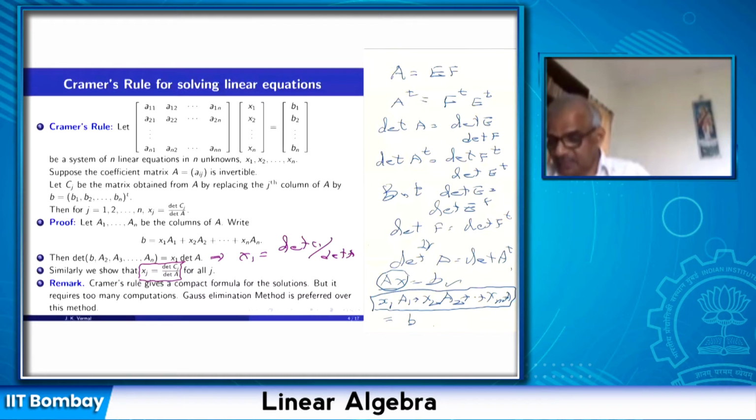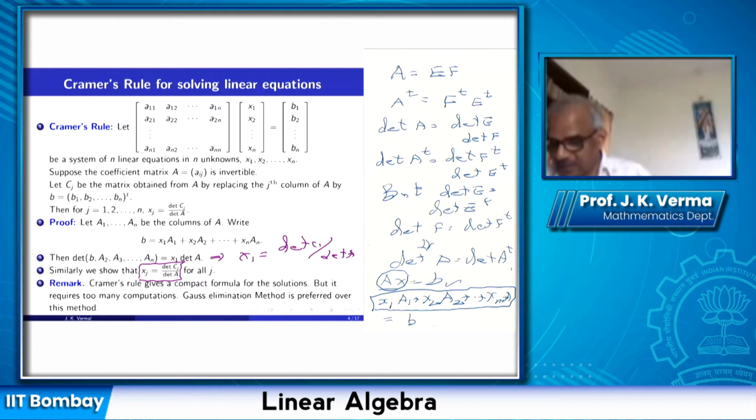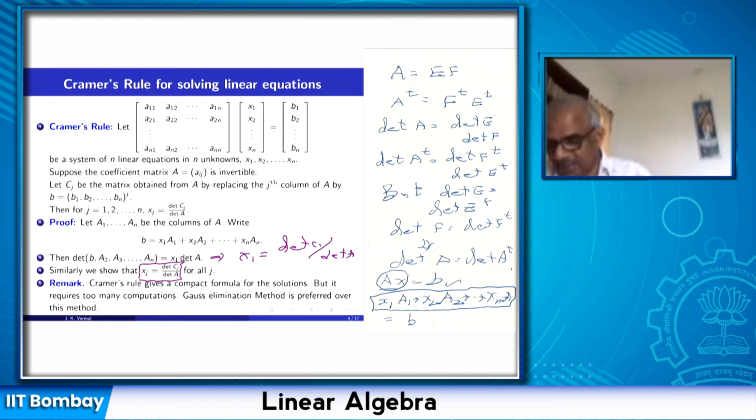But these are formulas for theoretical purposes. The formula for determinant in terms of cofactors, then the formula for xj in terms of determinants in Cramer's rule, they have theoretical usefulness. Similarly, computing determinant by rows or columns, fixing the rows or columns, that's how we are trained in high school to calculate. But now you know that the Gauss-Jordan method is much more efficient. You can do an analysis of the number of computations and see yourself that the Gauss-Jordan method is far more efficient than using the formulas for determinant.